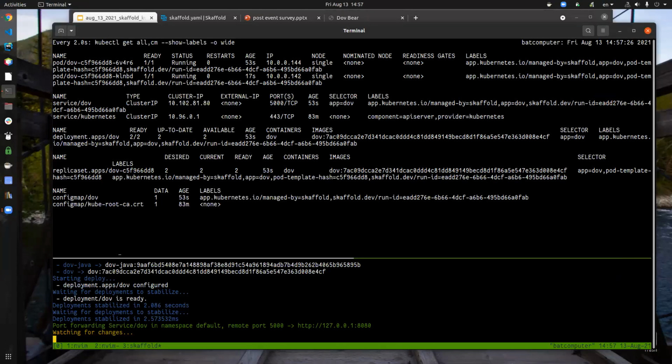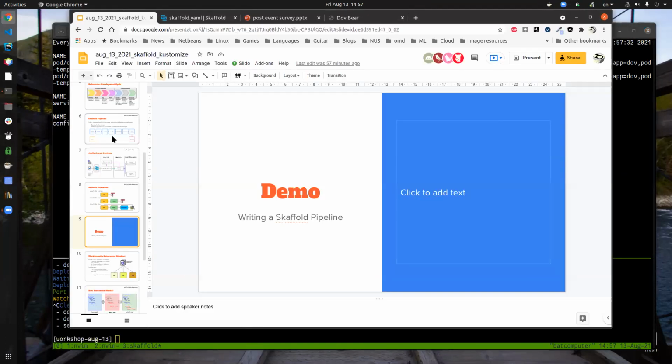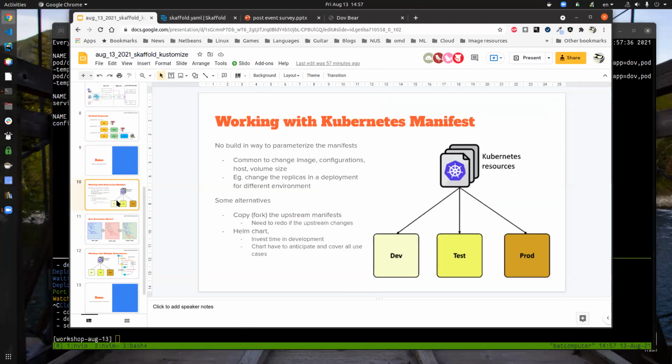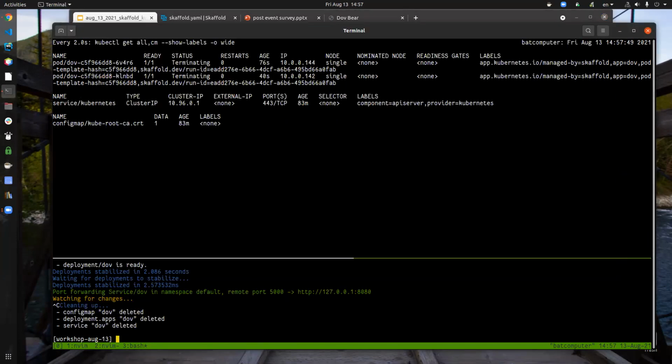So for Skaffold, I will stop here. That's the end of the Skaffold section. We are going to move now to the next section. If you're working with Kubernetes manifests, there are instances where you come across this. You have written one set of Kubernetes resources, like for example, I've written it for